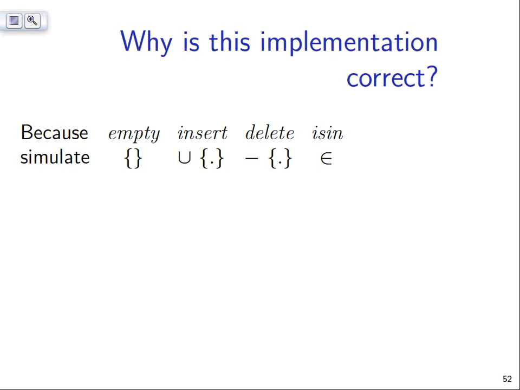Why is the implementation correct? Well, the claim is that the implementation of empty, the leaf, simulates the empty set, insert simulates the union operation with a single element, delete simulates a minus operation on the set with a single element, and is-in simulates the element operation. So we're justifying our implementation with respect to the behavior of the element of the functions on the